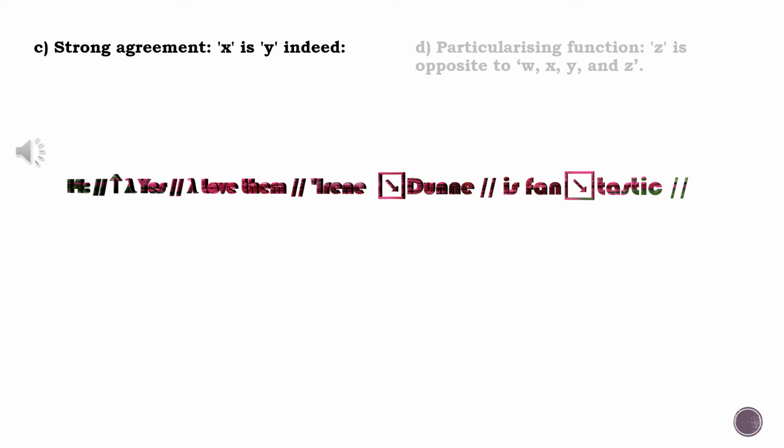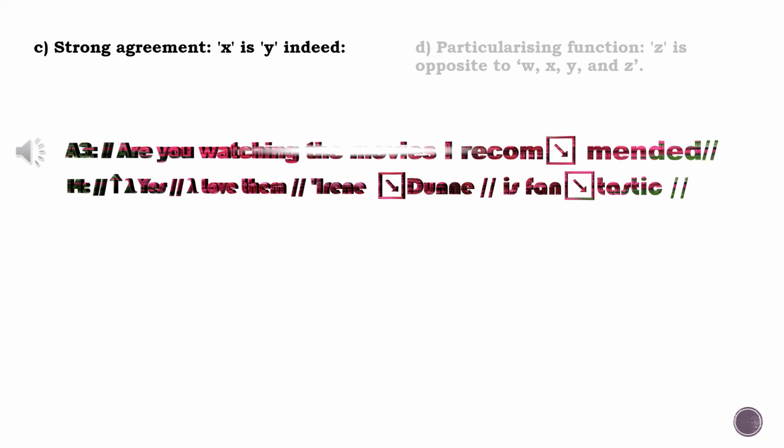And so here, you may be doubting why agreement, because agreement relates to the idea of equivalence. But the key word here is strong agreement. And why is there a notion of contrast in agreement? Well, we're going to see in the example, the speaker says,